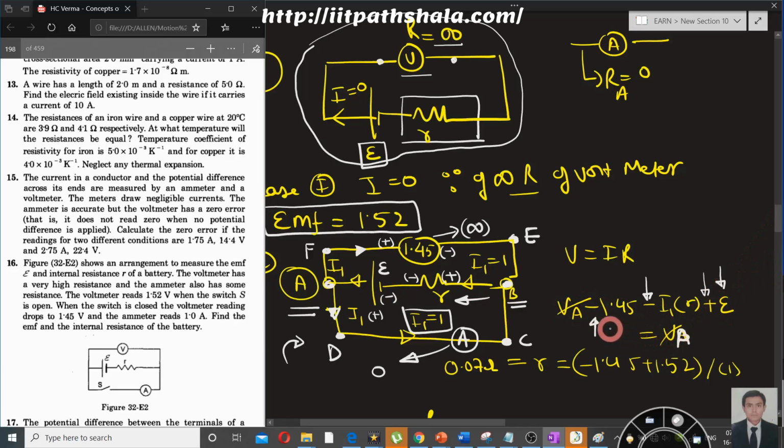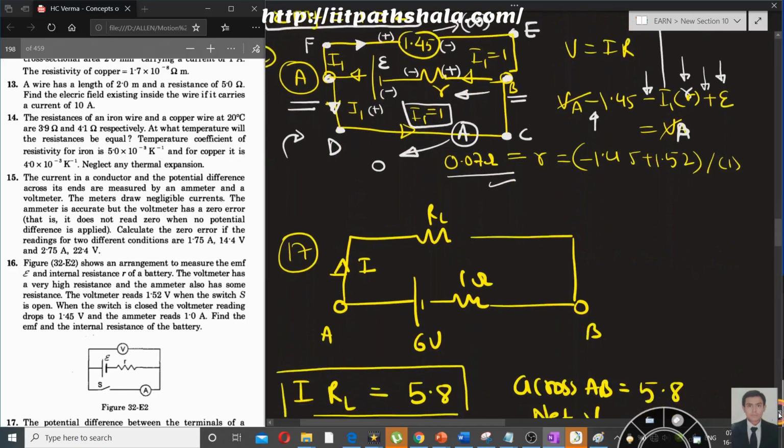Now it's a simple calculation to calculate the R over here, because you are given I1, which is measured by the emitter itself, which was 1 ampere. So just you have to calculate for the R. For my case it is coming out to be 0.07 ohm. So I have calculated the EMF, I have calculated the R here in the case.